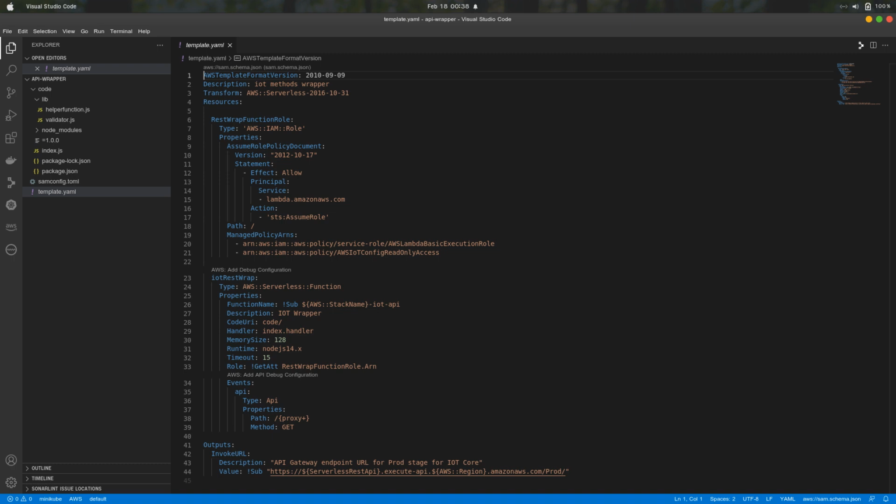Next comes the REST wrap function, which is attached with an event from API connected with proxy integration and captures method GET. Since we have attached read-only policies, note we have attached the role created using an intrinsic reference function, Fn::GetAtt, with the parameter logical ID of the role and the Amazon Resource Name as the attribute to retrieve. Code for this function references the relative path code/, and note the handler is index.handler, which means the entry